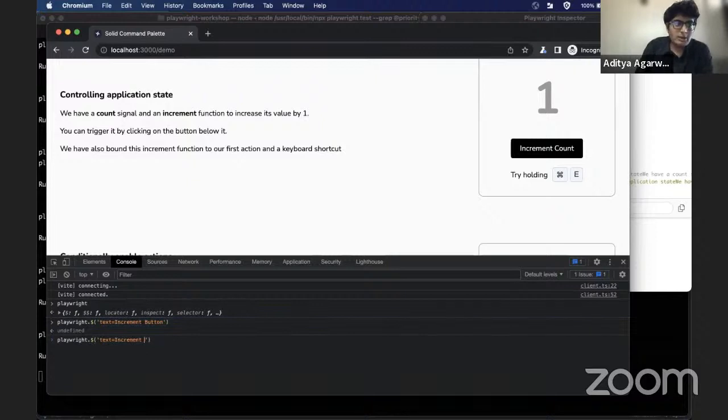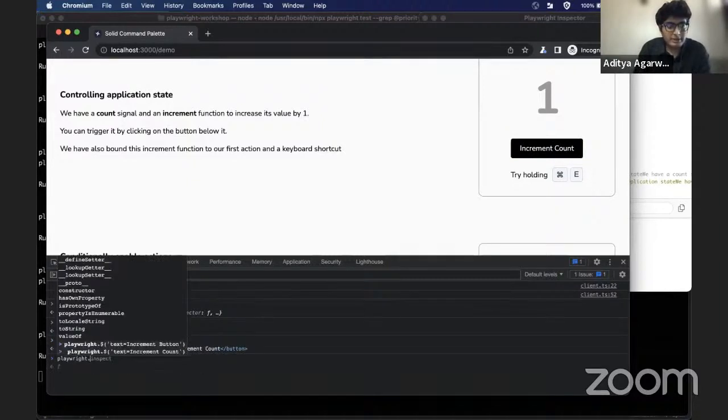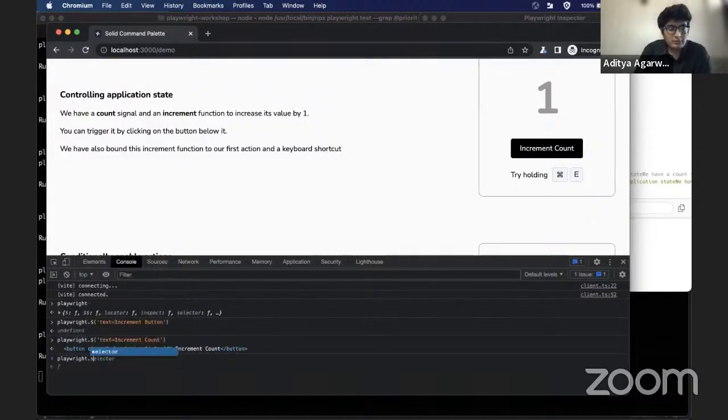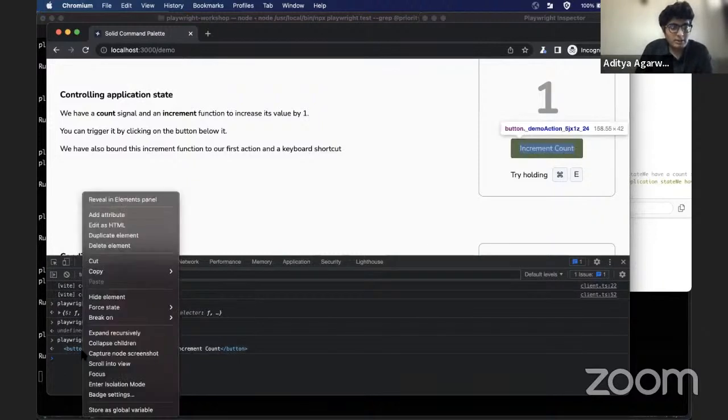Oh, sorry, increment count. So it is finding this DOM node, and there are multiple things on this Playwright object. So I can find the selector. So what I can do is that this button that I selected, I can store it in a global variable,